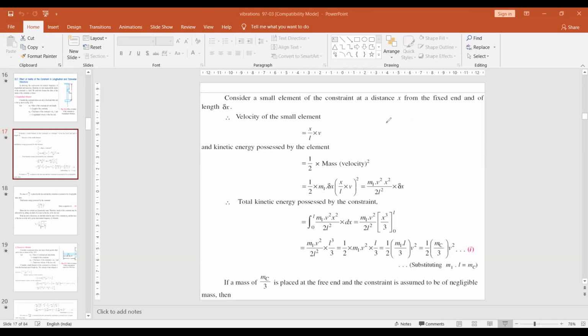The velocity of the small element, x. Capital V by x equals small v by